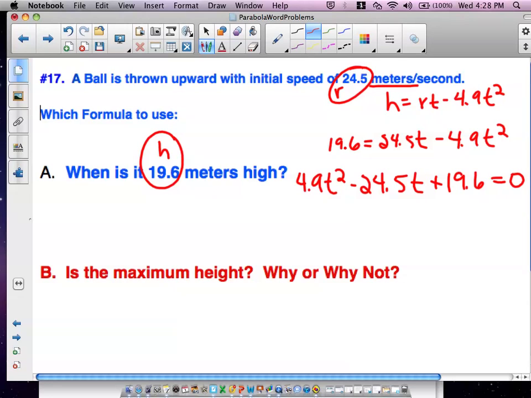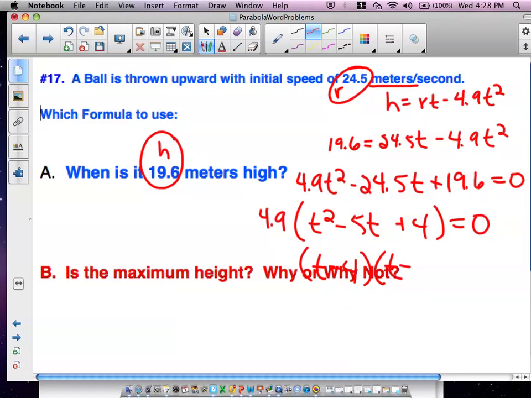And now I'm setting this equal to 0. You've now learned the quadratic formula, so you're welcome to use the quadratic formula with the a, b, and c. Or you can do this with factoring, and these are nice textbook problems set up to work out well. If you remove 4.9 from each term, you end up with something really simple to work with. I end up with this quadratic, which I can easily factor as (t minus 4) times (t minus 1),